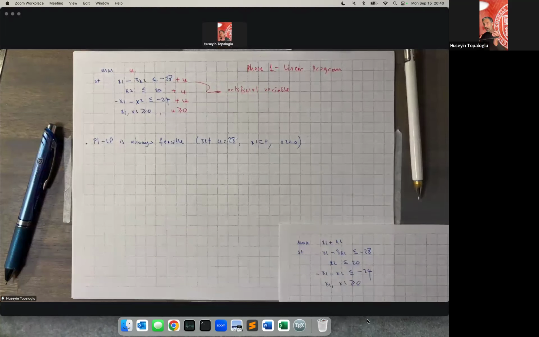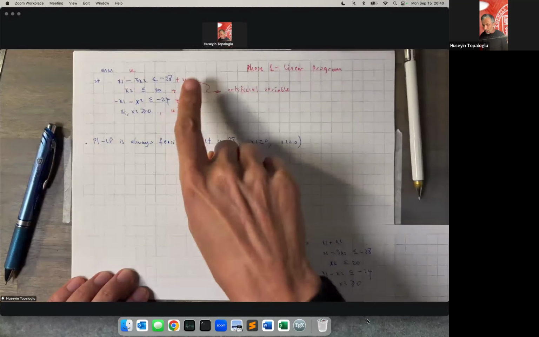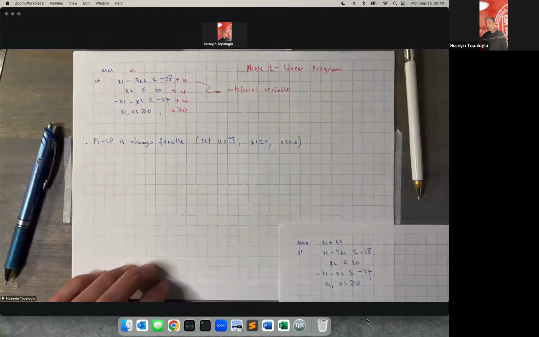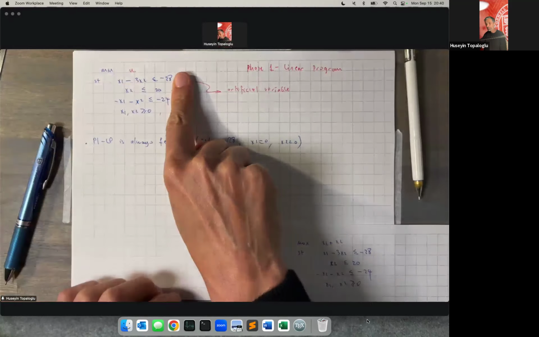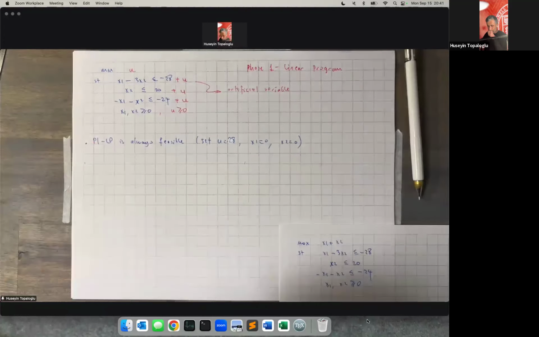If, on the other hand, at the optimal solution to the phase one linear program u is strictly greater than 0, then no matter what I do, I couldn't push u all the way down to 0 and find the corresponding x's that satisfy all of these constraints. Then that means that the original linear program that I would like to solve is infeasible. Okay, so that's how we're going to find an initial feasible solution to the original linear program, and also how to detect whether the original linear program is even feasible. Okay. So let's write it as